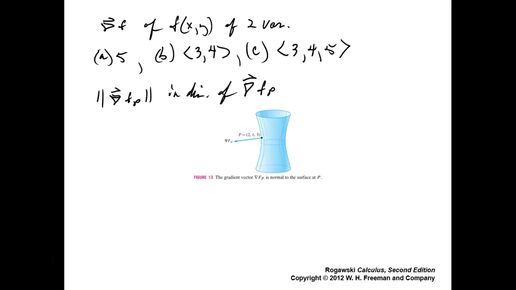Number 5. What is the rate of change of f of xy at 0, 0 in the direction making an angle of 45 degrees with the x-axis if